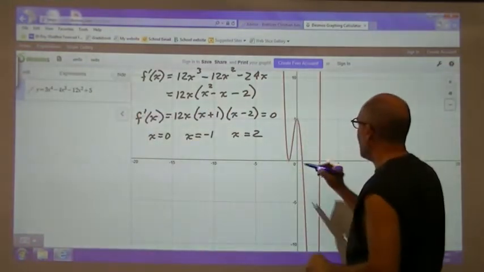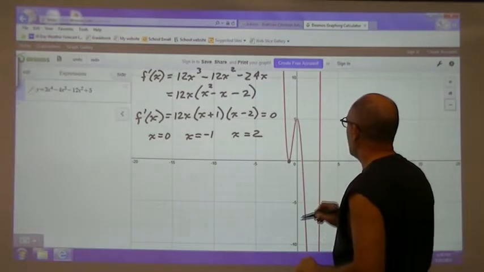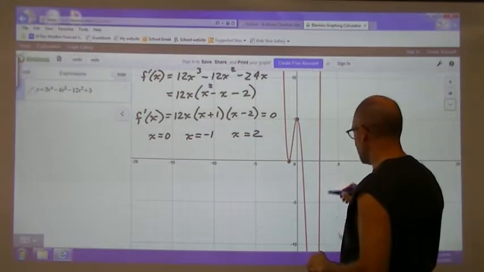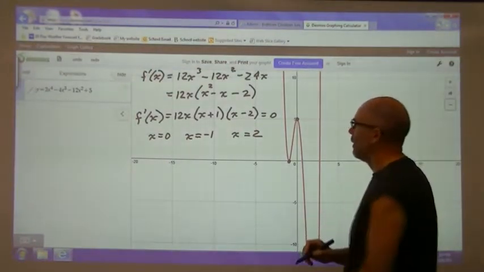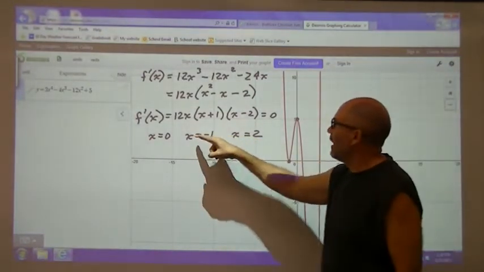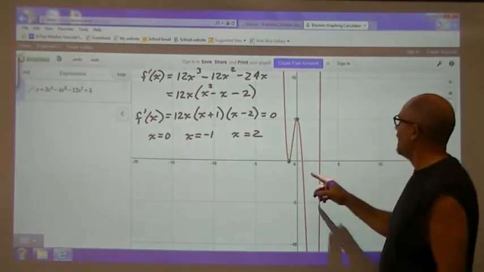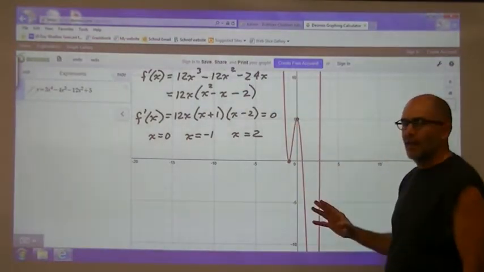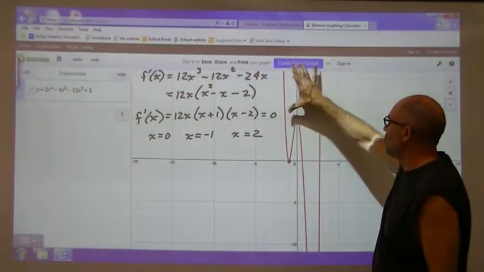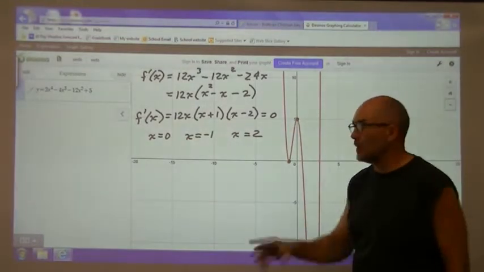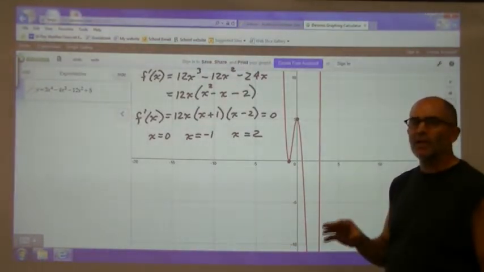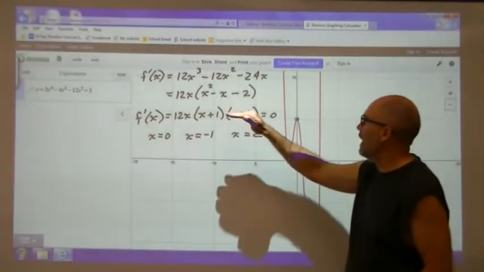We've got one at negative 1. We've got one at 0. And we've got one at 2, which is way down there. Now, I could plug these values into the original function and get the points. But we still don't know if it's increasing or decreasing on the left or the right of these points. We just know that at these points it goes to 0. So what we're going to do is find the signs of f prime